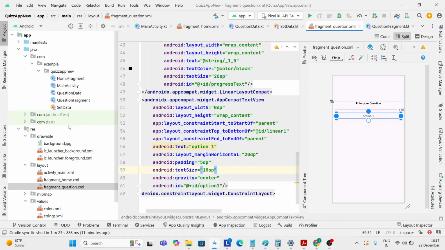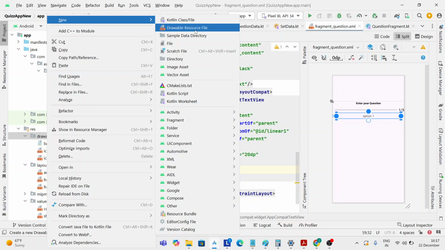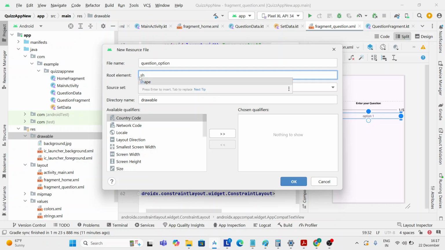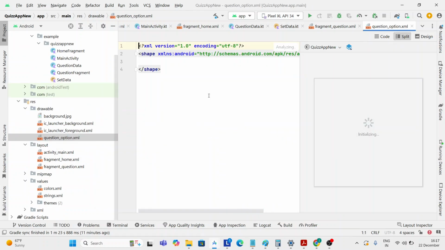So let's click here, and here I will take new drawable resource file, and let's name it as question underscore option, and let's change the root element to shape, and click OK. Now inside it,